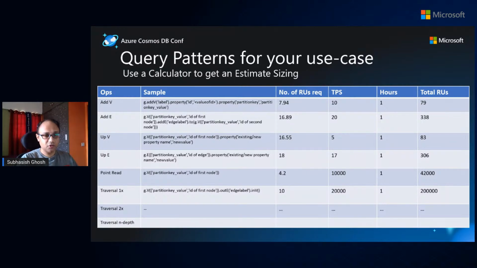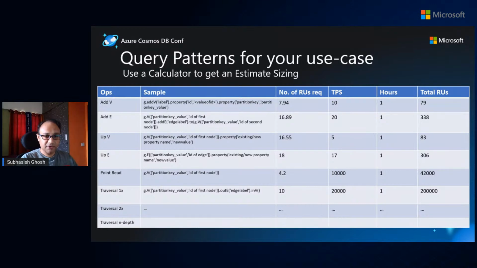Of course, give and take some operations which were not covered in these top 10 or top 20 queries. But once you have an idea of what kind of vertex you're adding, what the length of the edge is, and how many properties you're going to traverse, you can look at the level of updates you're doing. For example, are you just updating the vertex, or is it mostly very little creation of vertices and the edges which you are mainly updating?